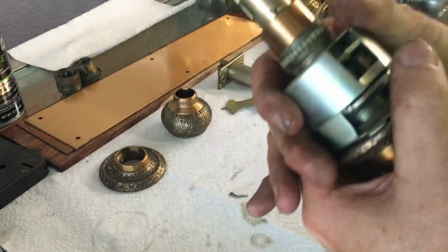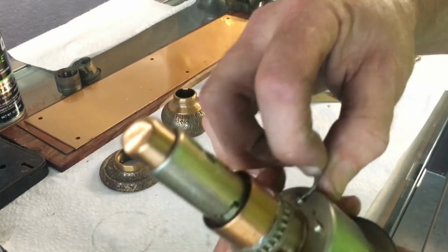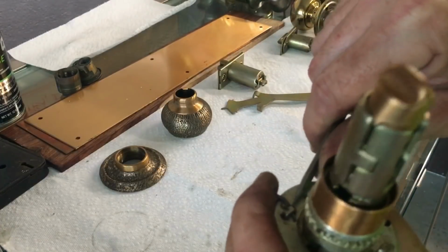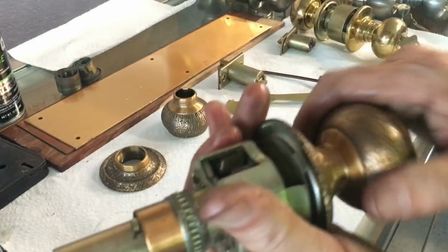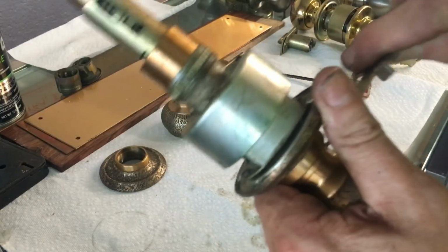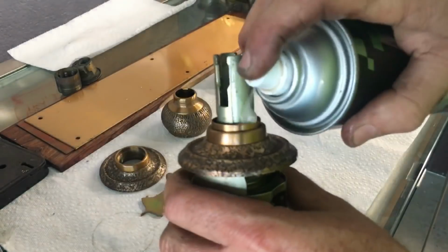And to get this back together, we slide that on and find our cotter pin and push it back in through the hole and bend it into position. Outside knob. Go ahead and after you get it off,